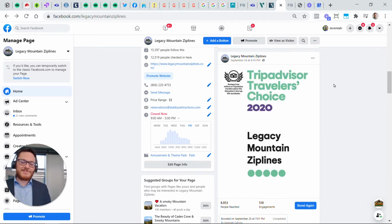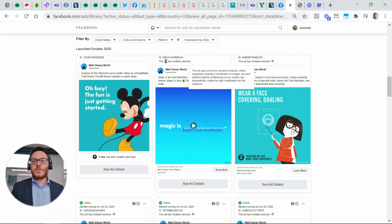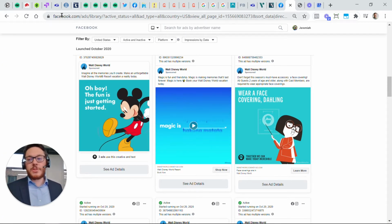And lastly, little pro tip, bringing these messages of safety or flexible booking into your customers' feeds can be really valuable in creating future bookings. Oftentimes we see companies using remarketing campaigns through Facebook, through Instagram to bring these messages. And you can spy on all of the other ads that competitors or other types of tour and activity companies are running. You do that by going to this website,